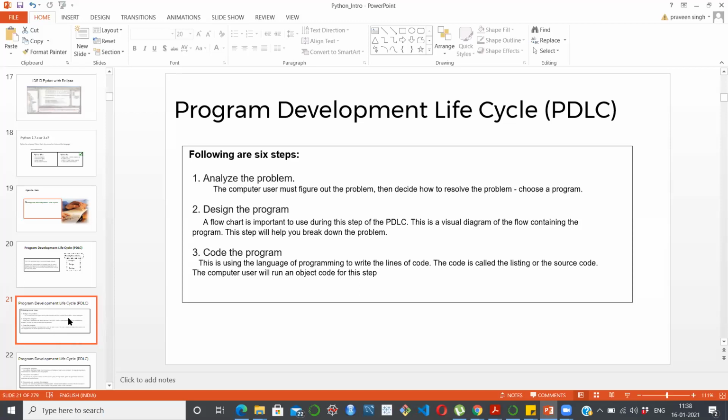And I request each and every student, whenever you do something, or when you have written your own code, please send it over to my mail ID. I will try to look into it. Okay. If time permits, I will definitely try to correct it. Otherwise, I would check at least.